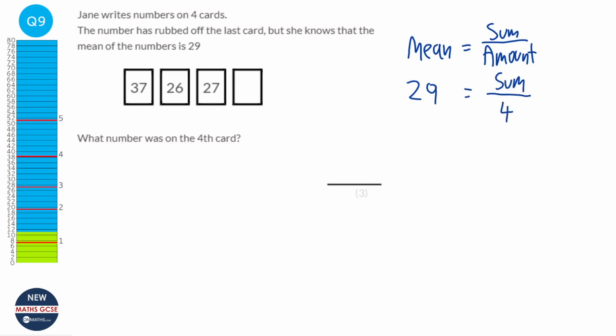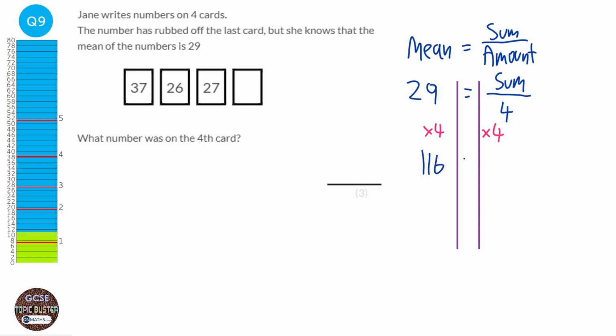So what we can do is just get our lines in and solve this. So what we're going to do is just times both sides by 4. So we're going to do 29 times 4, which is 116. And so we know that the sum of the numbers will be 116. So all we need to do is to find the 4th card,